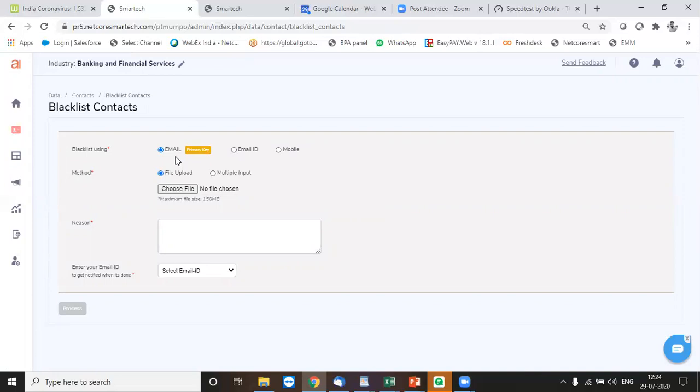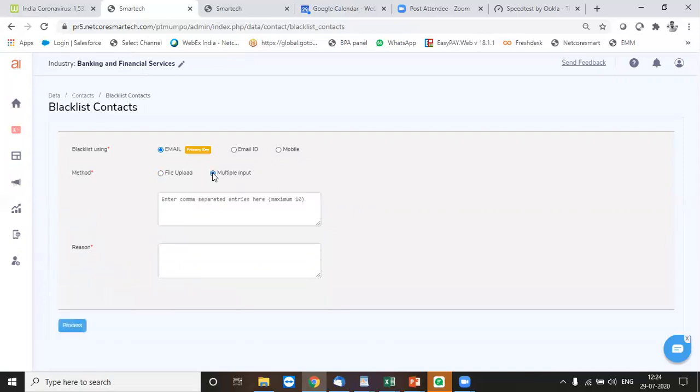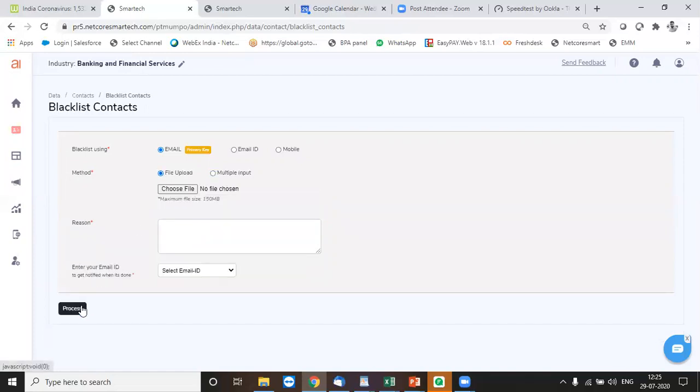In case I want to just send mobile SMS but not email, in that case I can blacklist using email ID only. And here I can put the reason and upload the file, or if it's a multiple input, then I can add the numbers separated by comma and process it.